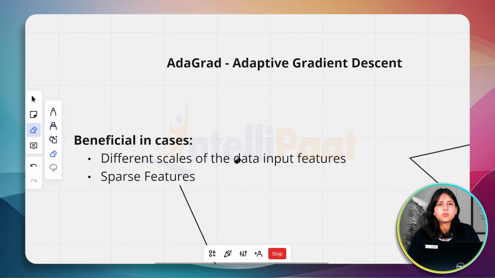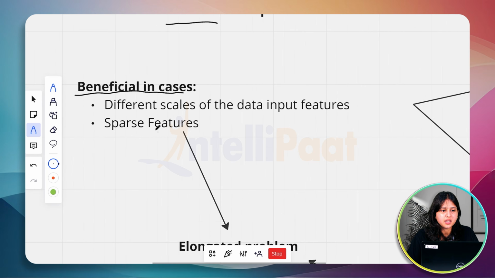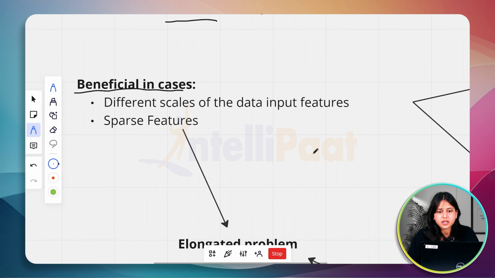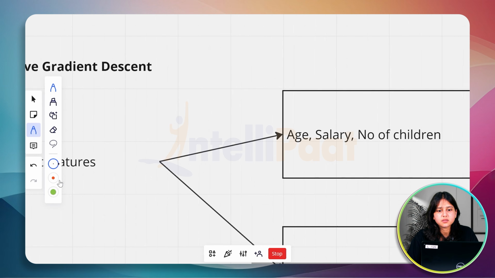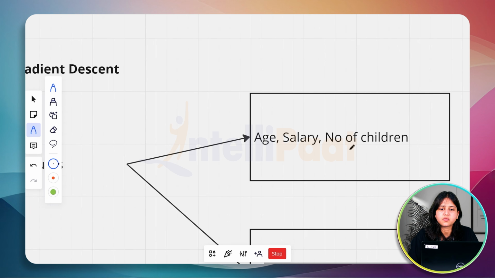So in order to overcome the issues with SGD with momentum, we have another optimizer known as AdaGrad, or adaptive gradient descent, right? So let's look at the cases where AdaGrad is beneficial. First one is different scales of the data input features. What this means is basically when we have input features like age, salary, number of children, and maybe it's predicting, I don't know, something like if the person is